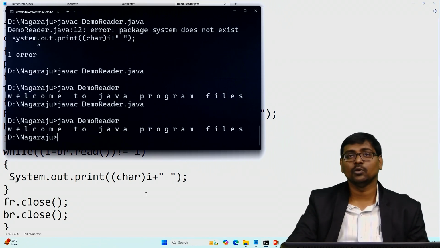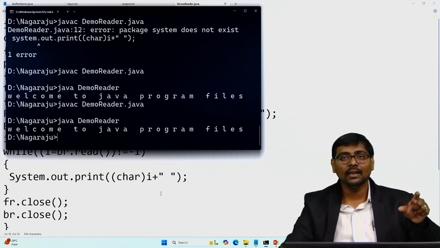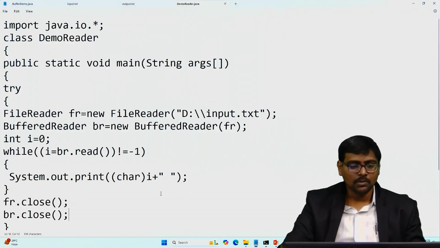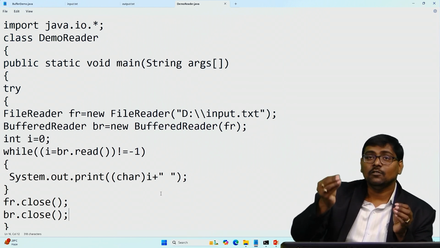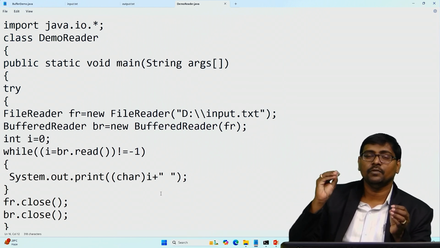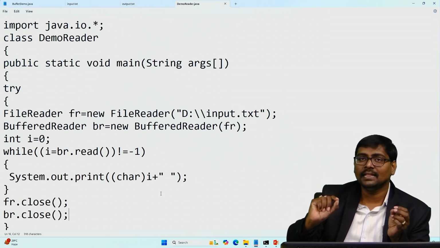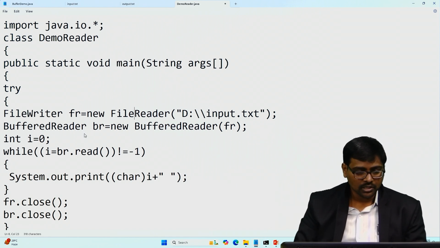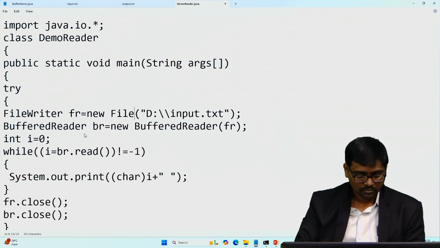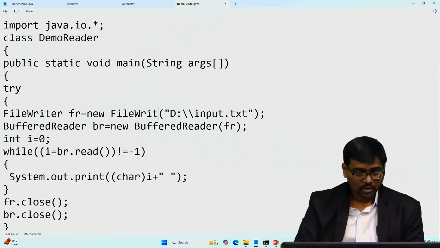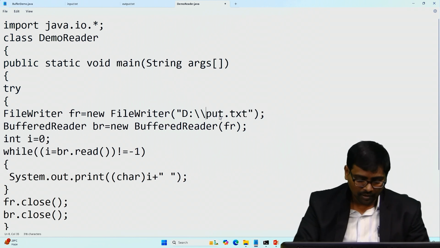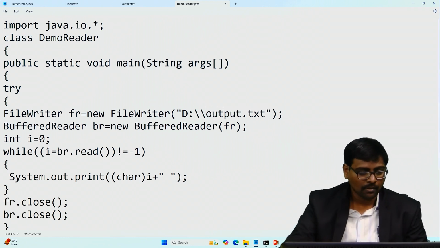Now exactly you are getting the output or not, but internally variation occurs. Internally it uses a buffer. In a similar fashion, FileWriter is also there, which is used for writing the data into the file. Here I am changing to FileWriter: some fr is equal to